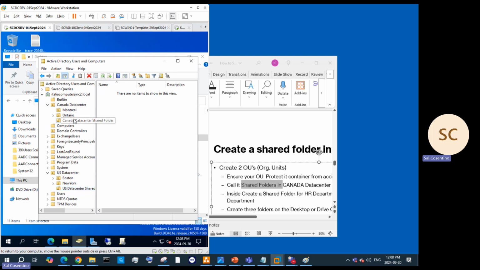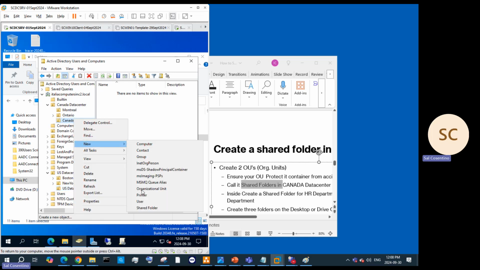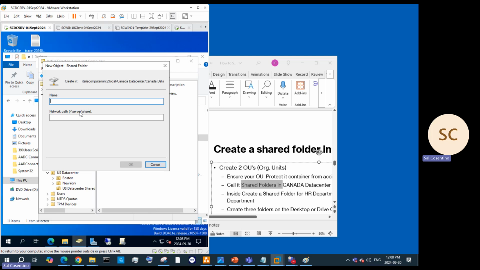So this is where we create another container. And then we're going to go to new and create our shared folder container. We're going to call this one HR department, and then give it our server path. So our server path is